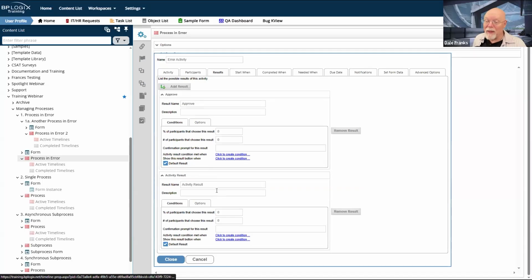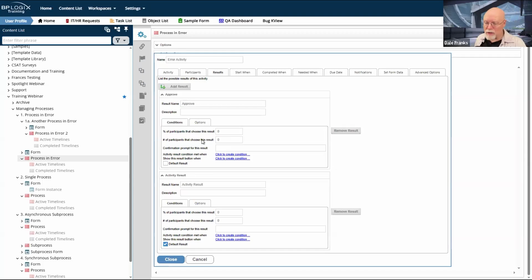Oh, also, don't set 2 default results. Bad things will happen just as if you had only set 1 default result. So there's some tricks that you can pull so that you don't get these errors cropping up. And if your 2 results are approve and deny, and you're not sure what should be the default, well, neither one of them has to be.